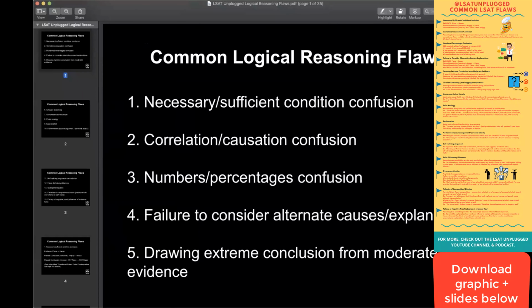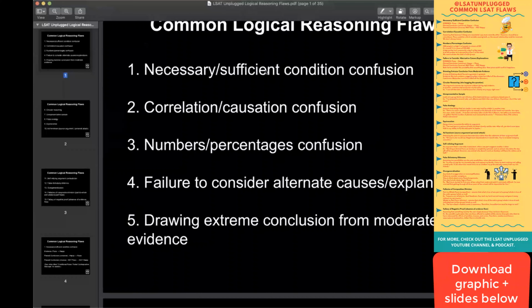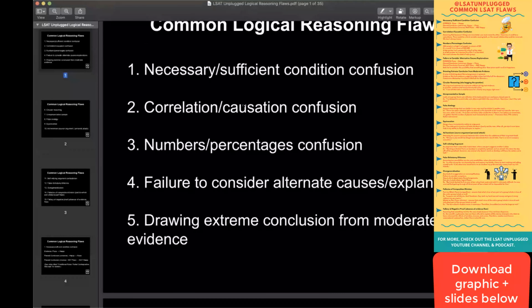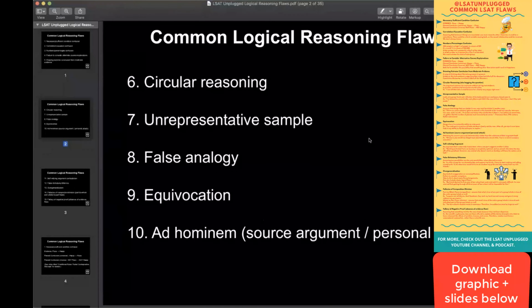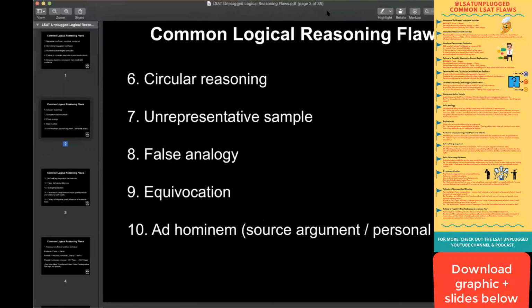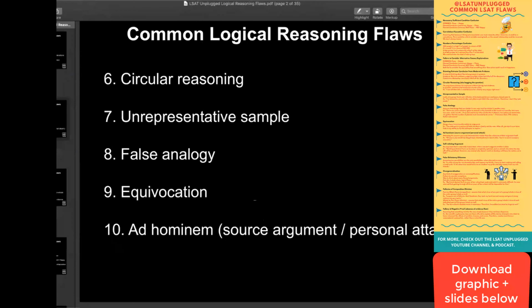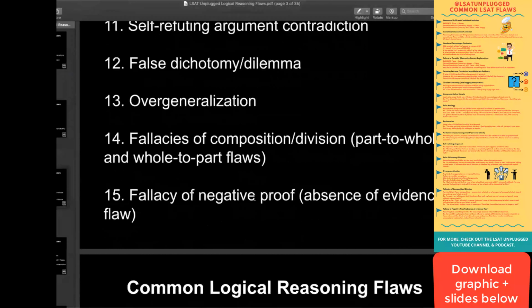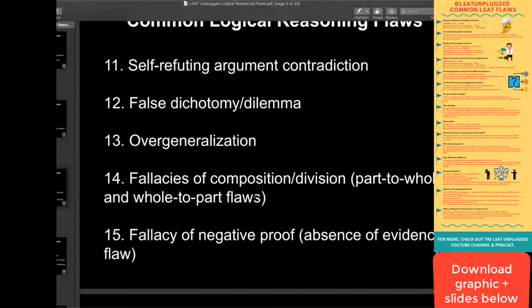This is a quick summary rundown of them. We've got five here: necessary, sufficient, correlation, causation, numbers, percentages. Going on to others: circular reasoning, unrepresentative sample, false analogy, and so on, and then even more. I covered them with broad strokes in the past, but tonight I want to go deeper and start looking at some of the specifics here, and of course, field your questions as they come up, and